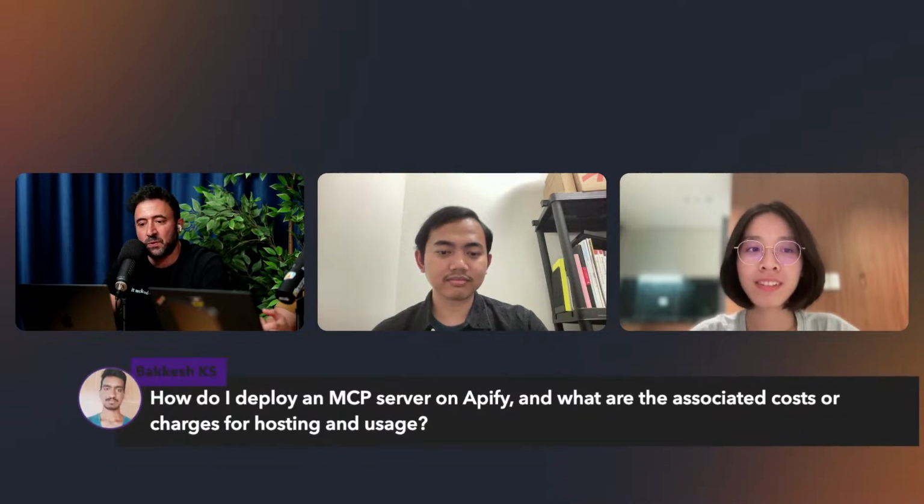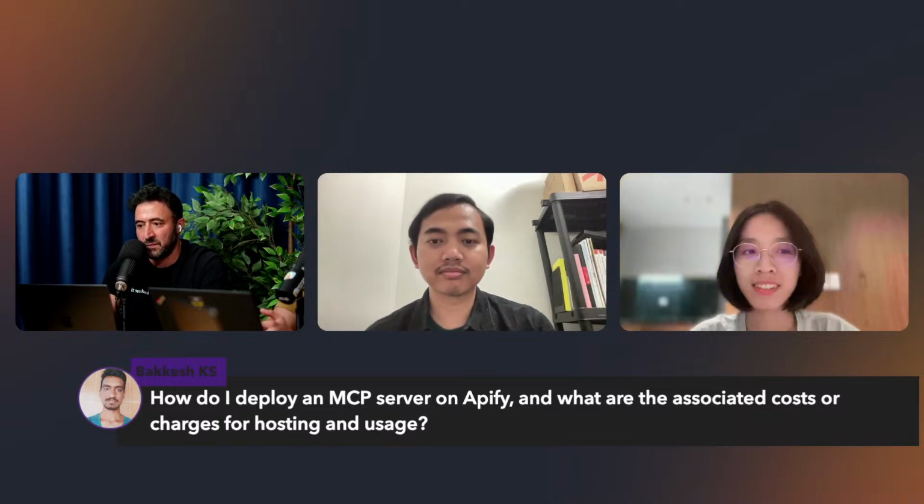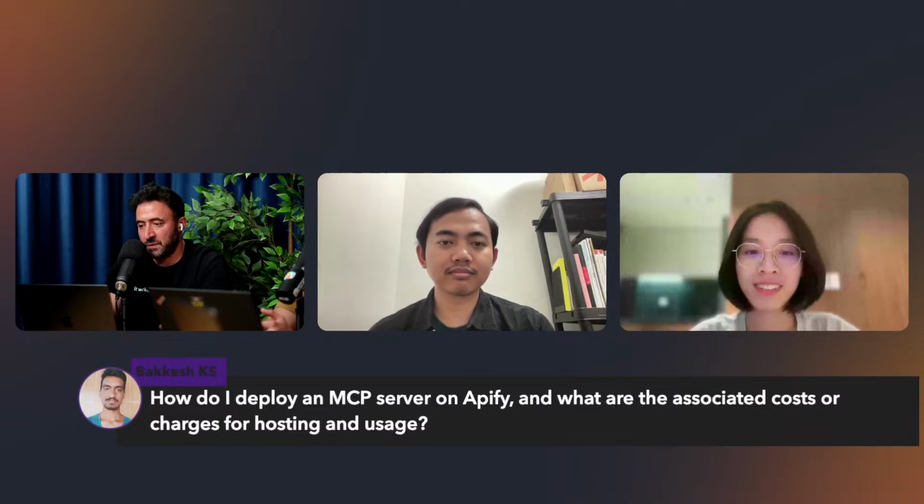How do I deploy, again from Bakesh, how do I deploy an MCP server in Apify? What are the associated costs or charges for hosting and usage? It's the same as any actor that you deploy on Apify. You can implement PPE pricing, and we take care of the compute, and then obviously you get most of the profit, so 80%, right?